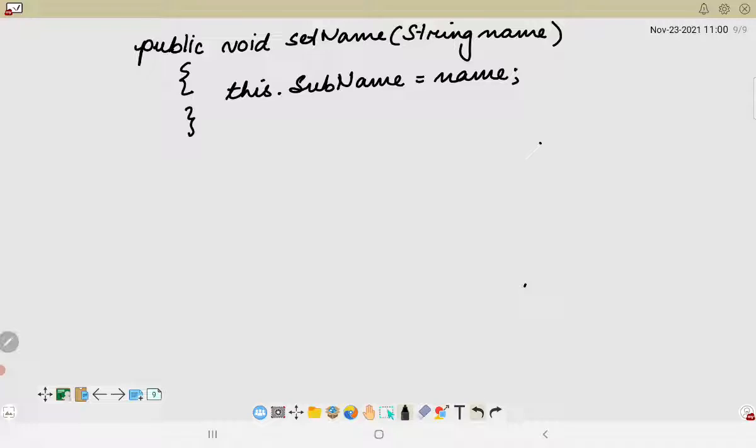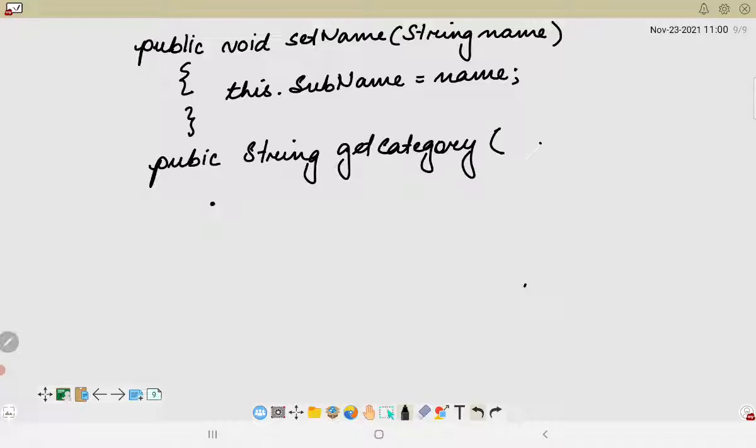And finally, for the category, we will use public string getCategory, and here we will be returning the subject category.